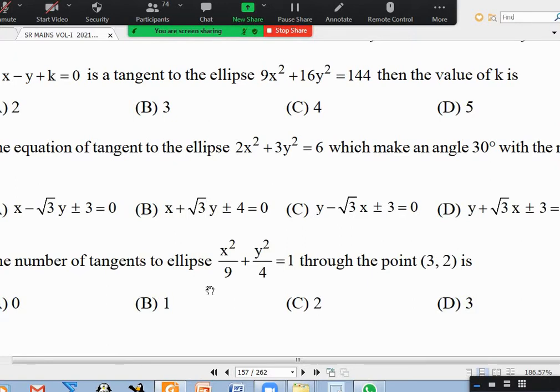Okay, 59 or 60. Anybody any doubt? How will we know whether a point is on the ellipse or inside the ellipse or outside the ellipse? Sir, we will compare S11. If it is negative, then it is inside the ellipse. Yes. On the ellipse, then S11 equal to 0. Yes. Outside the ellipse, then S11 greater than 0. Yes, correct.